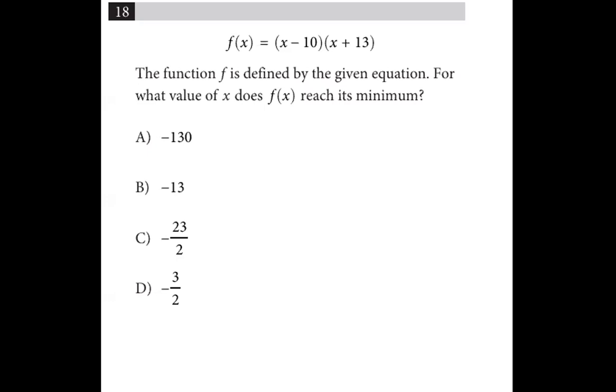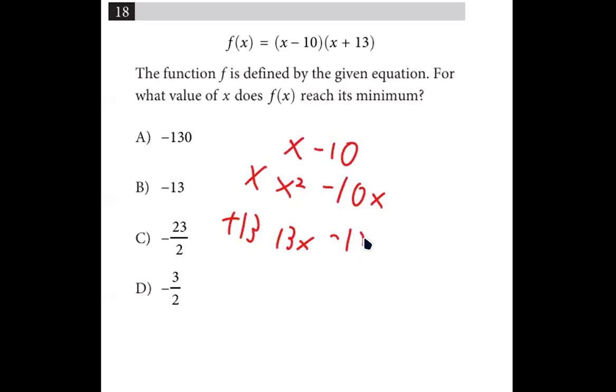Okay, question 18. We have a function f defined by the given equation. For what value of x does f of x reach its minimum? So in this case, there are two ways to solve it. You can just find the midpoint between the two, or alternatively, we could find the vertex. So in this case, we have x minus 10 and x plus 13. That would just be x minus 10 times x plus 13, which is x squared, negative 10x, 13x, and negative 130, which is just x squared